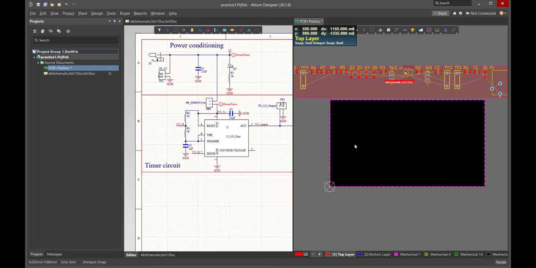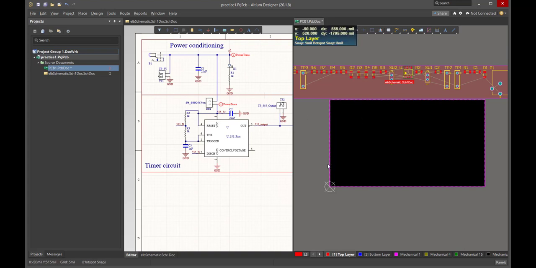And this is, again, another example of where that block diagram that we created right at the very beginning of this project and carried throughout the design process is so important. Because that block diagram gives us a little bit of association information. We would like our layout to look kind of like that block diagram. We're going to have the power conditioning circuitry. In one region, we're going to have the timer circuitry with those parts associated, in another region, and we're going to have the LEDs in another region. And so we can literally use that block diagram to help us identify the parts and how we move them